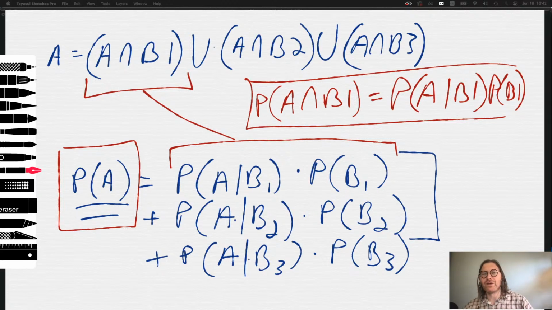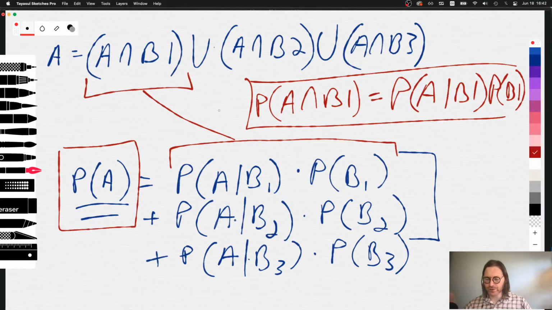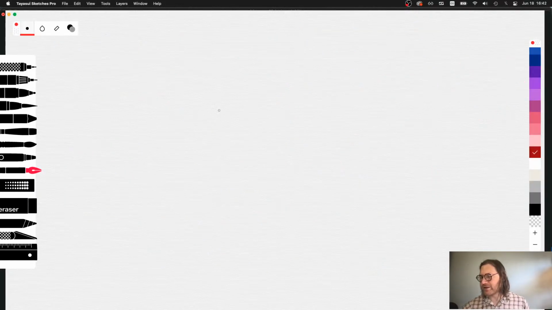The thing about this is I have a bunch of Bayes' theorem problems in front of me, but we could probably rework these to be law of total probability problems. So why don't I do that? Why don't we do a couple of those examples? I think that could be helpful. Okay, so